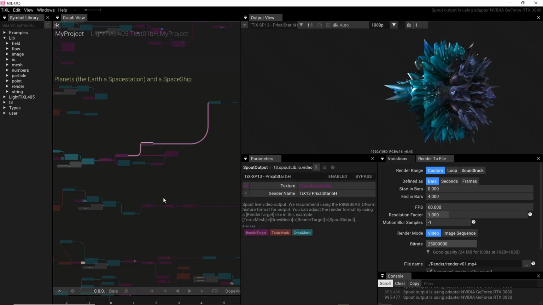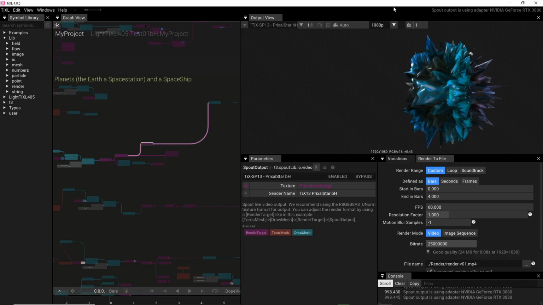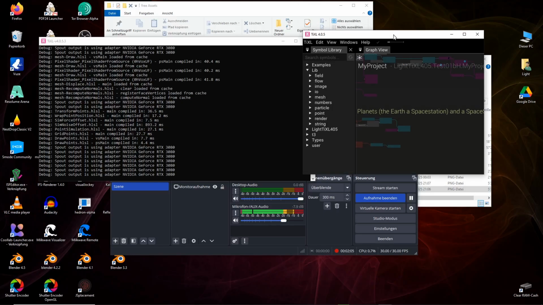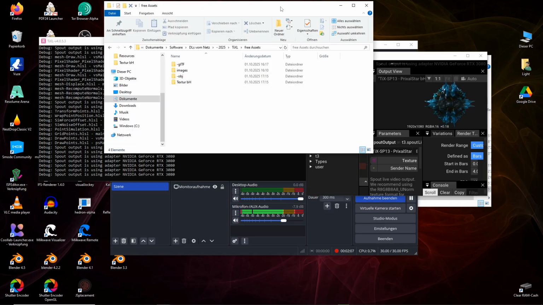Here we have that PrixalStar, and if you download the asset folder, you have a folder, free assets, with this content, with these folders,